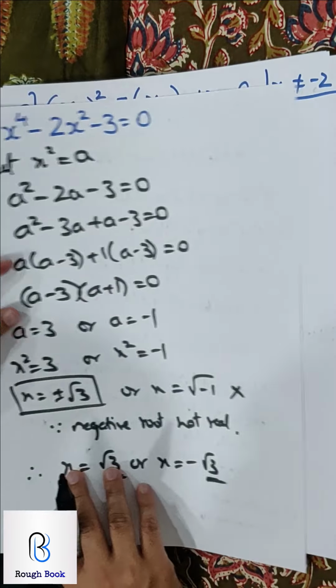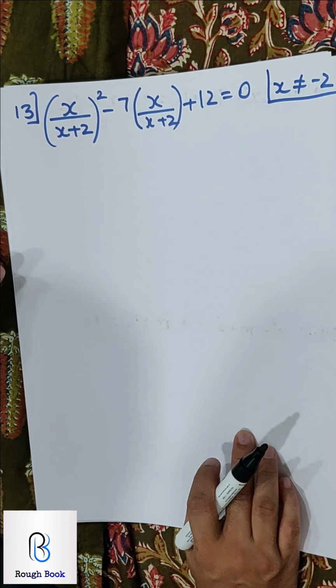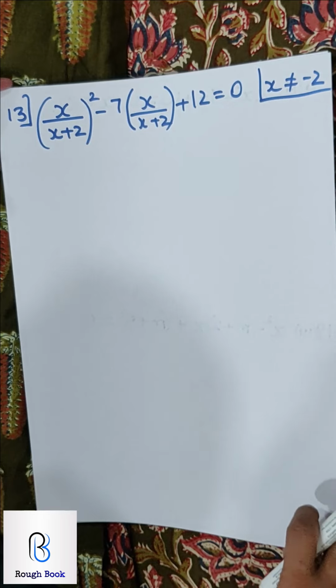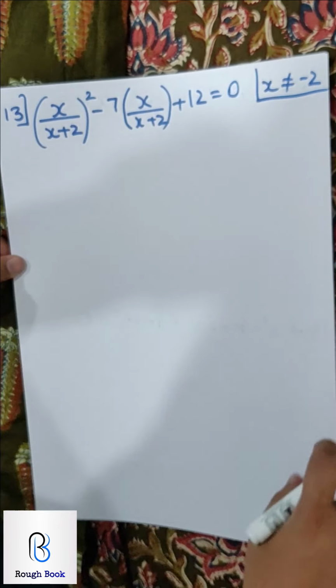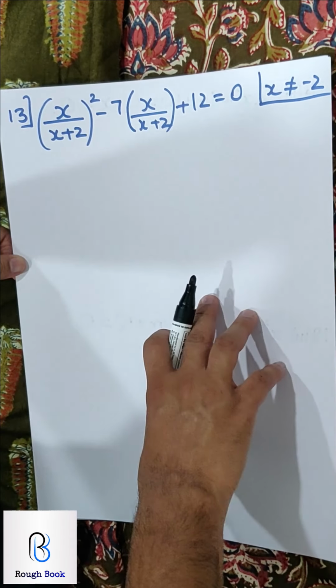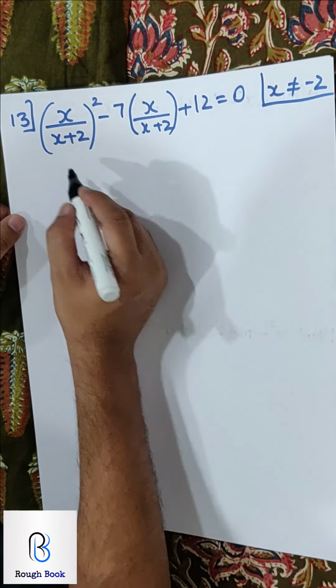Great. If at any point of time you find that I'm going fast, you have a choice to go to YouTube and reduce the speed of the video, so automatically I go slow. If you feel I'm going very slow, increase the speed so I go fast. Come on, let's go with the next one.